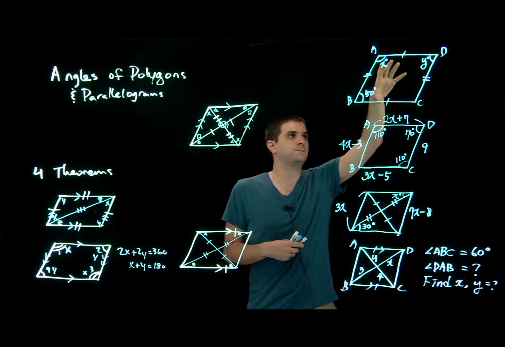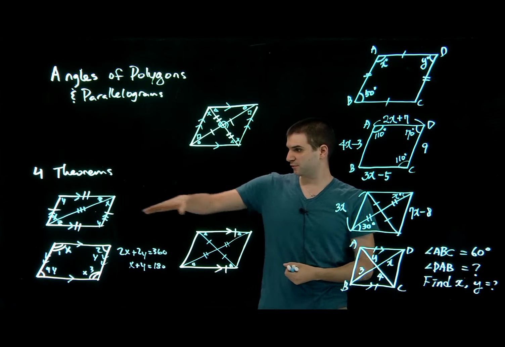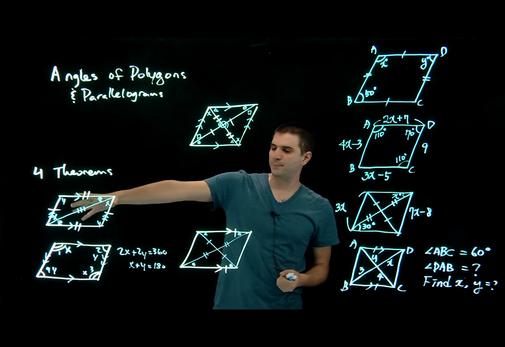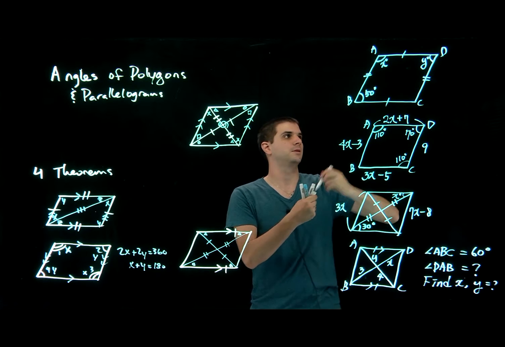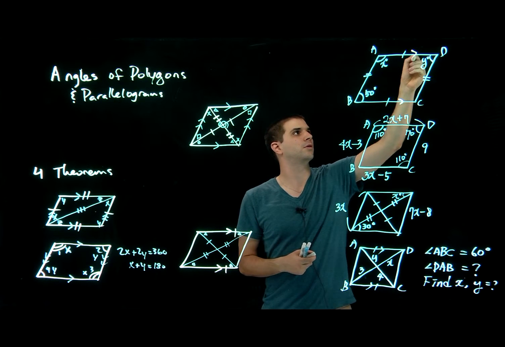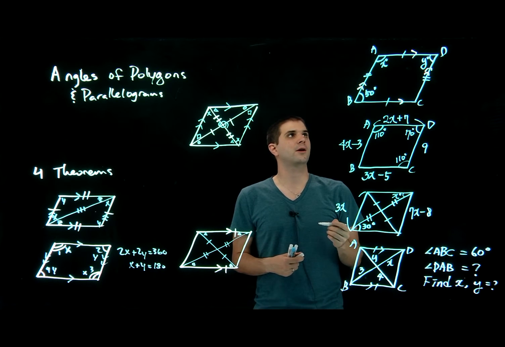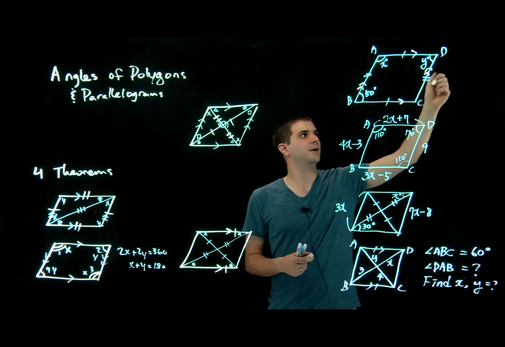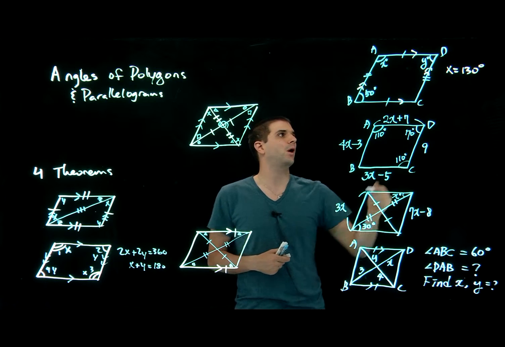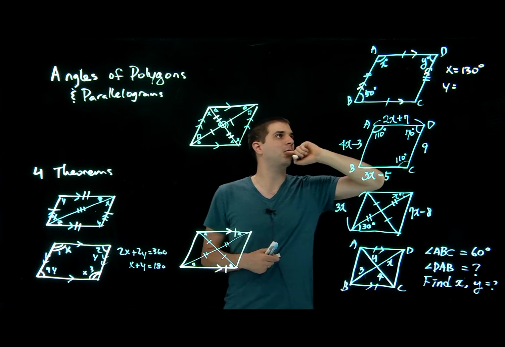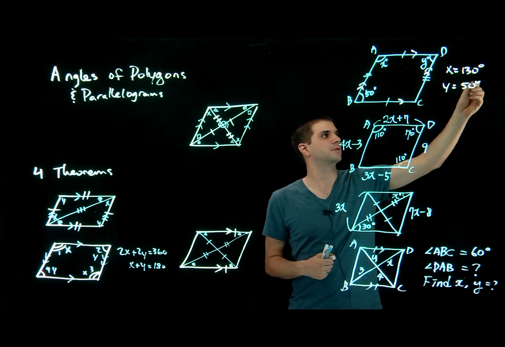Okay, so does this apply, or does this have any of the theorems that we just proved? Well, this looks like this first one. We're given that opposite sides of a quadrilateral are congruent, so we know this must be a parallelogram. Okay, so in a parallelogram, we know that these two angles are supplementary, so x is going to equal, it looks like 130 degrees, and y